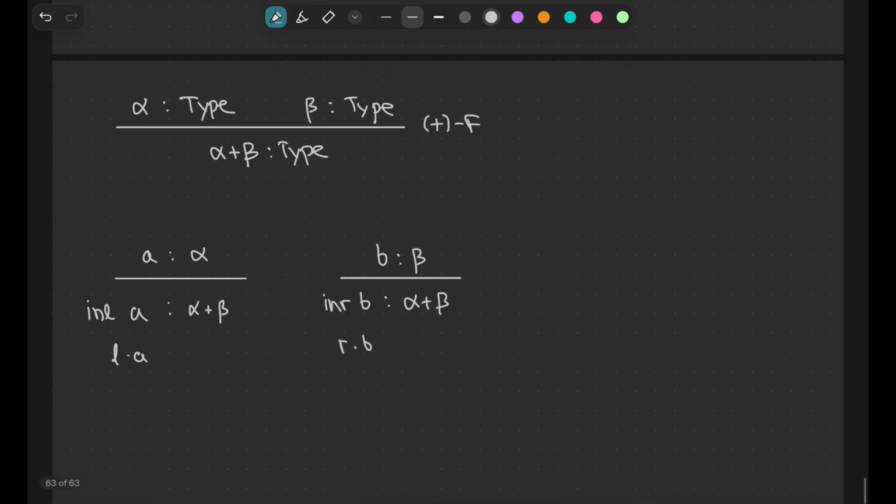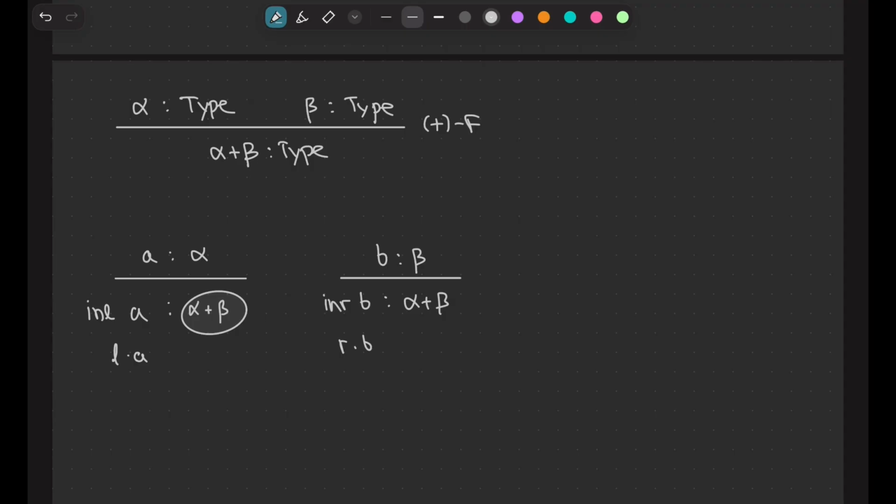Okay, there is an objection here, like what the hell is this beta? And the idea is that for any beta you like, if I have an alpha, an A of type alpha, pick your favorite beta, I can create something of this box. I will put it on the left hand. I don't care what the type beta is. I already possess something of type alpha.